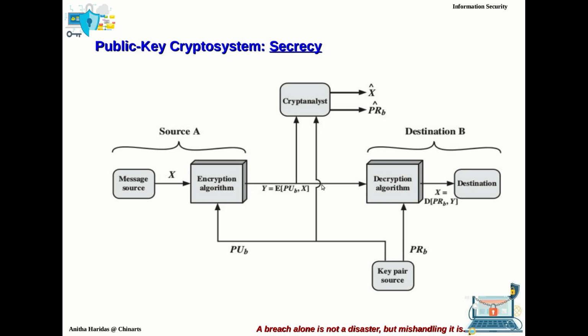Then the encrypted message will be received at the receiver's end, and it will be decrypted using the private key. Thereby we get the plain text. So for secrecy or for maintaining confidentiality, encryption will be done using the public key and decryption will be done using the private key.